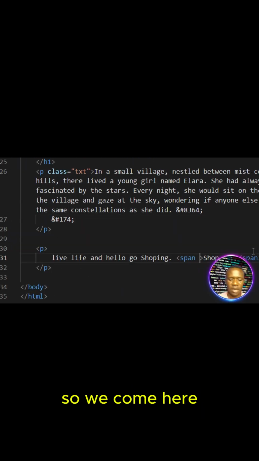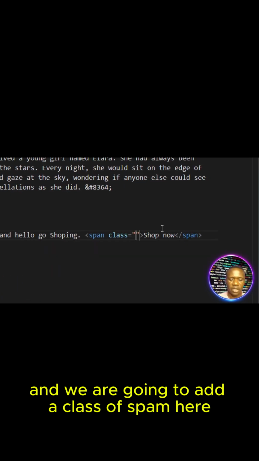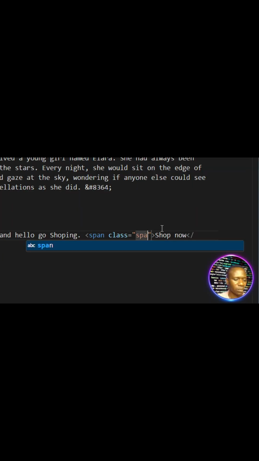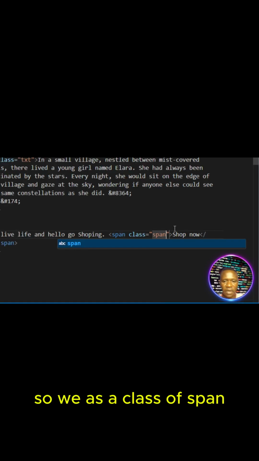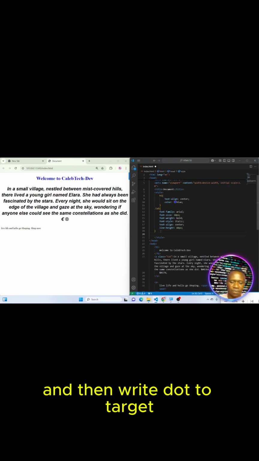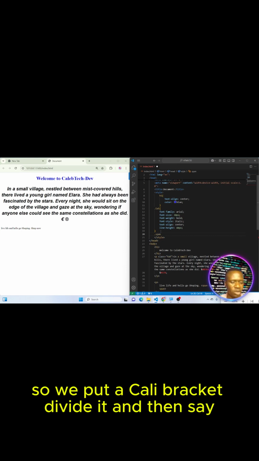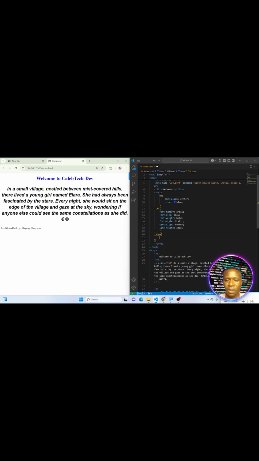So we come here and we add a class of span here. So if we add a class of span, then we go back to our CSS code and write dot to target the class element and then span. So we put a curly bracket, divide it, and then say